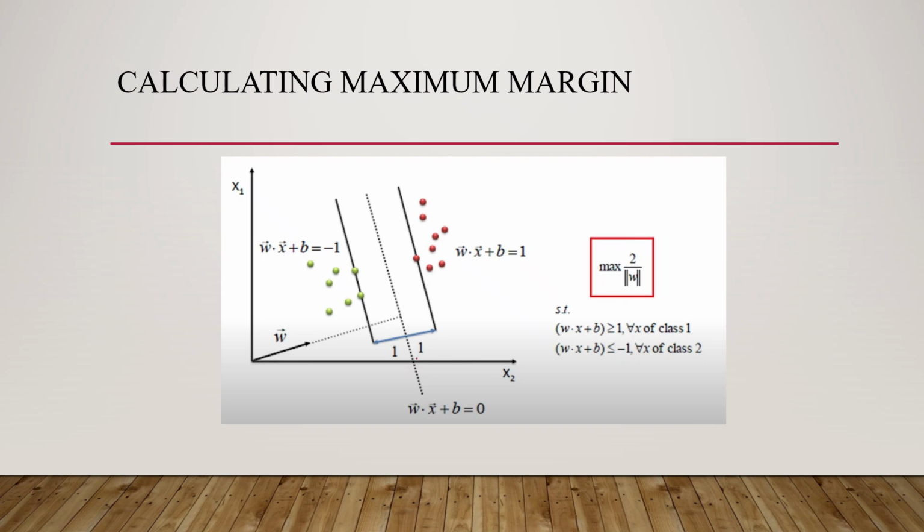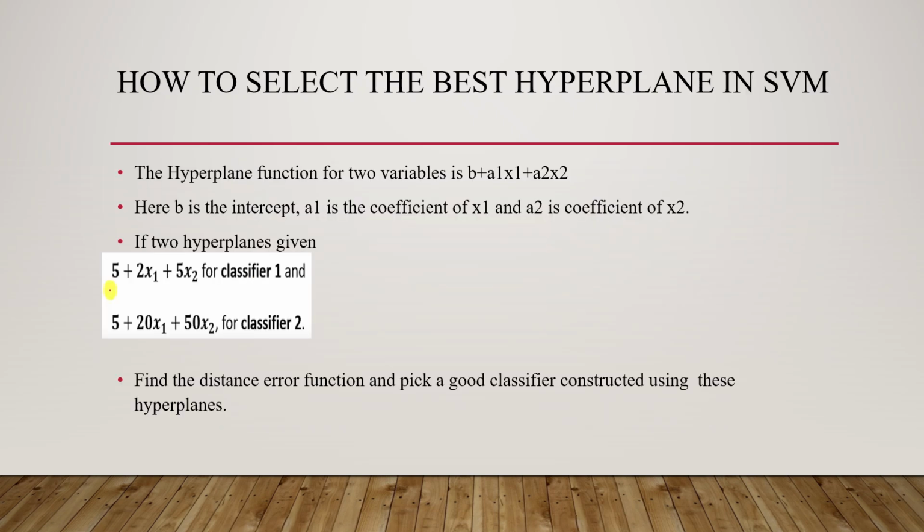In the same way, the calculation of the maximum margin can be done mathematically, using the hyperplane function value. The hyperplane function is given in the form b + a1x1 + a2x2, where b is the intercept, a1 is the coefficient of x1 and a2 is the coefficient of x2. Visually, we can draw parallel lines to the given hyperplane and calculate the maximum margin. In mathematical form, one equation is given for one classifier,